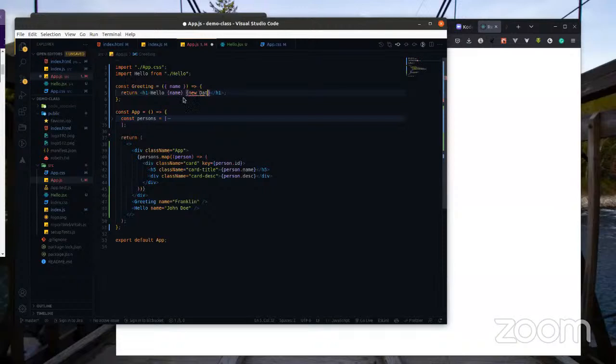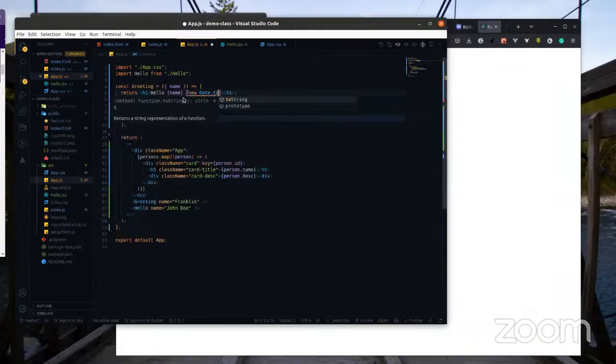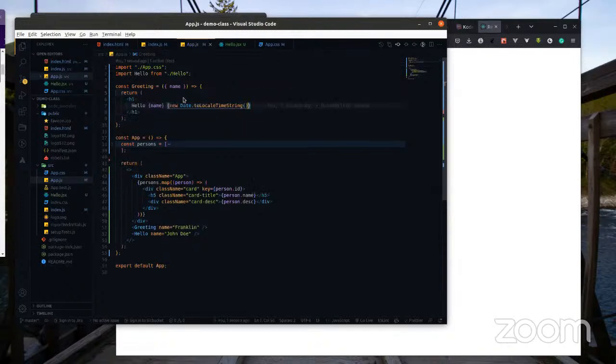I could say new Date, dot toLocaleTimeString, and this is a function. If we save this and we look here,